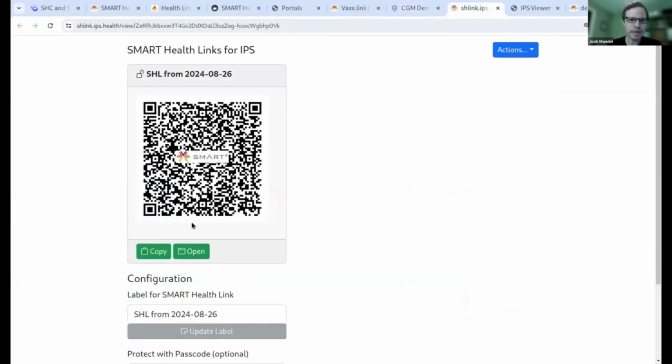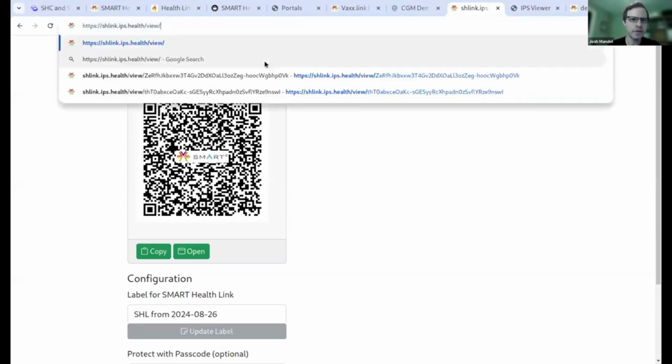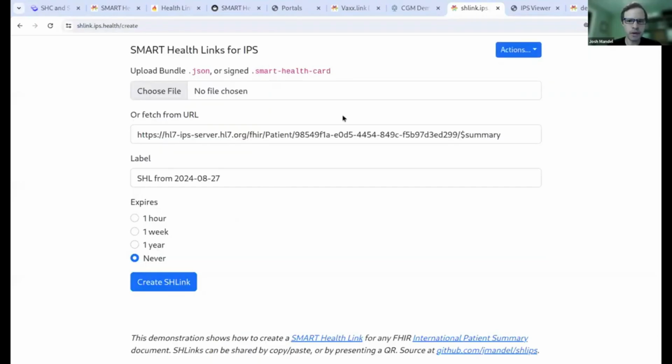And the last example that I'll show you is one for sharing a bigger data set. So this one is, actually, let me just start from scratch here. This one was focused on being able to share an international patient summary document. And that is a format that's produced as a FHIR bundle in what's called a document, which can include a patient and many different sections of their health history.